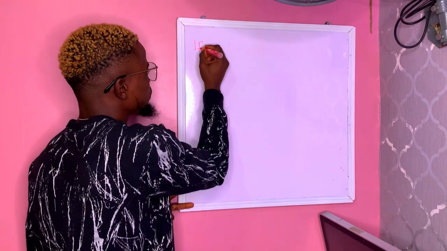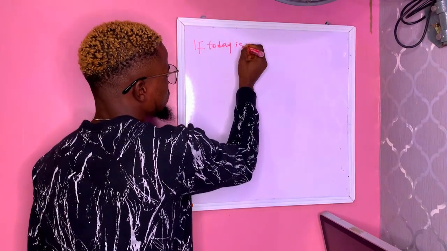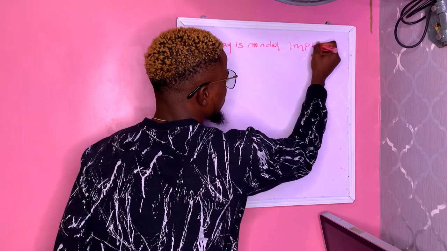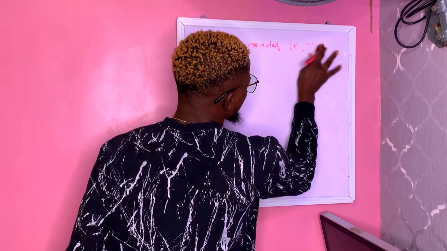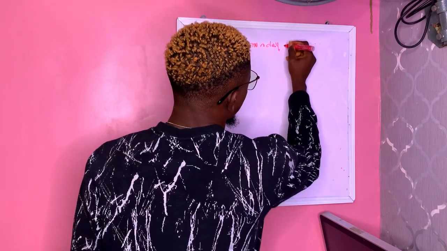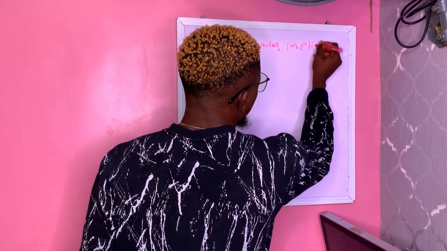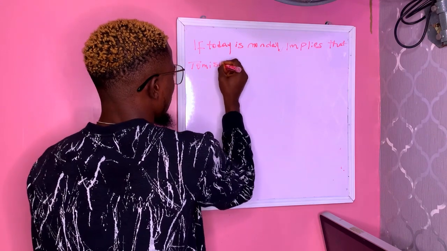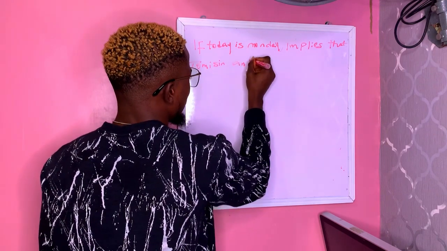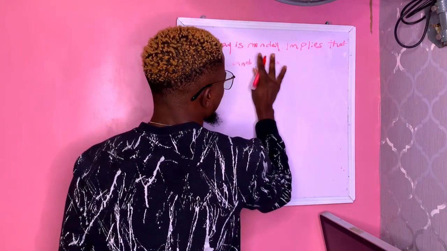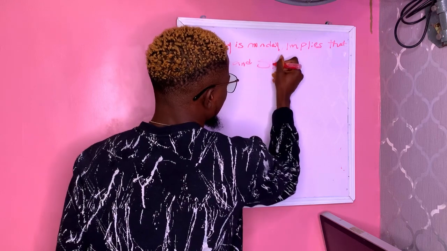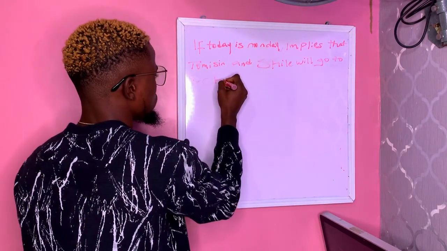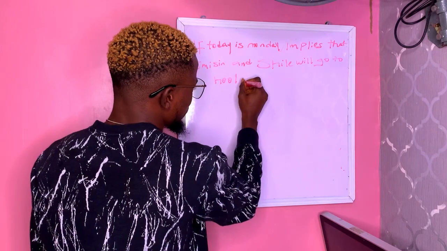Let's say we have something like, if today is Monday, implies, if today is Monday, okay, it implies that Tomisin and Shile will go to school. Let's say after this statement, we now have a full stop. Then we now have something like